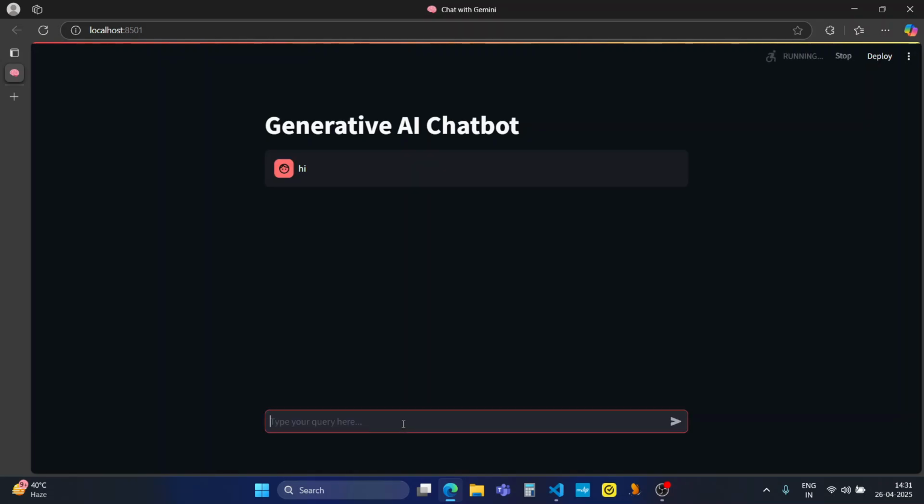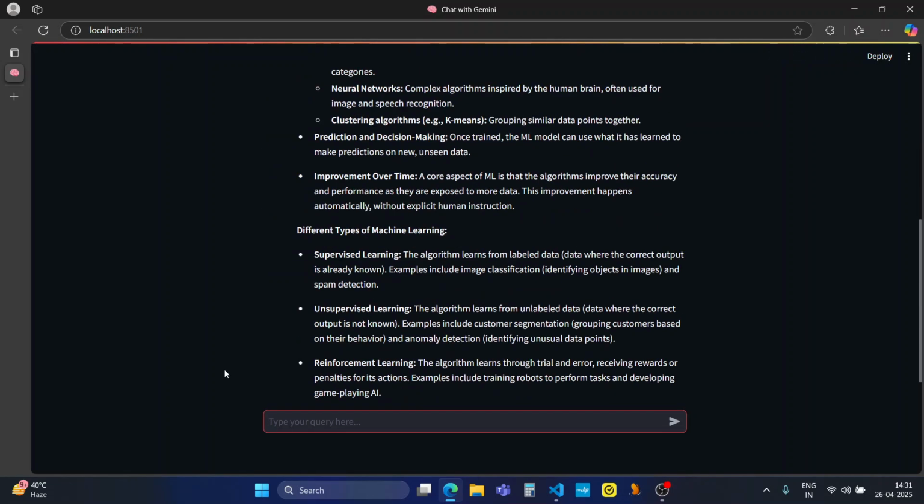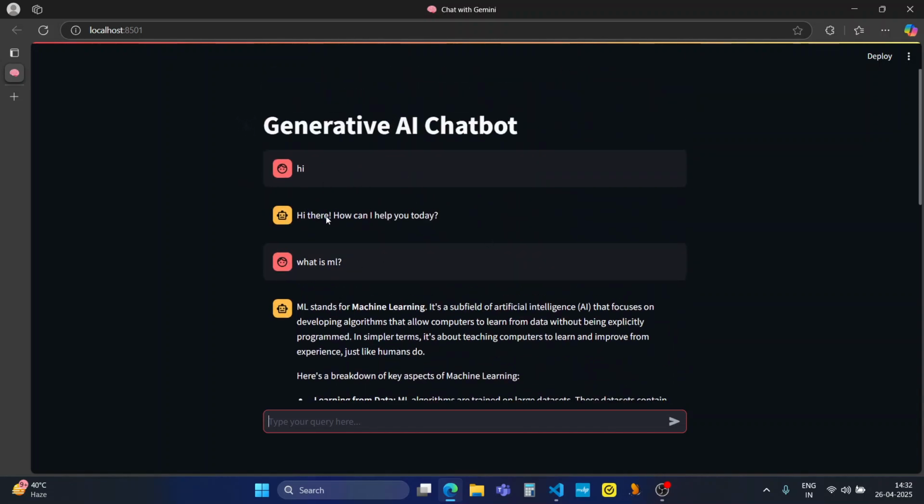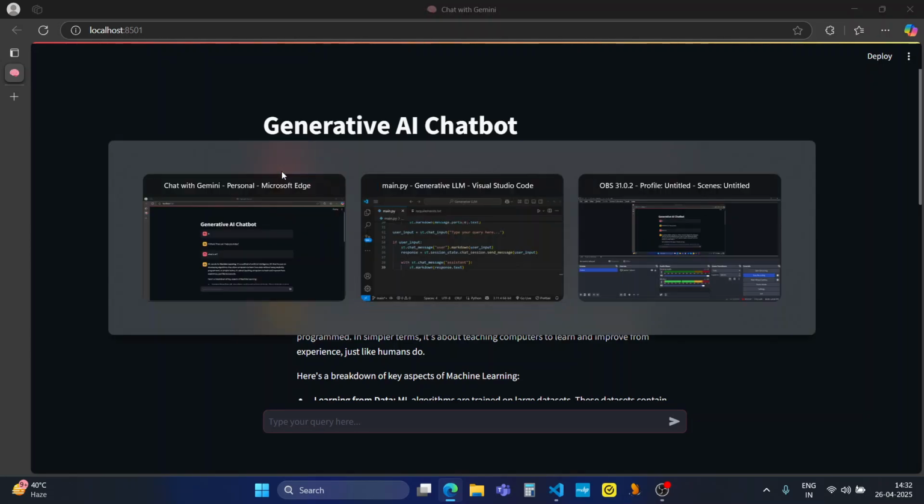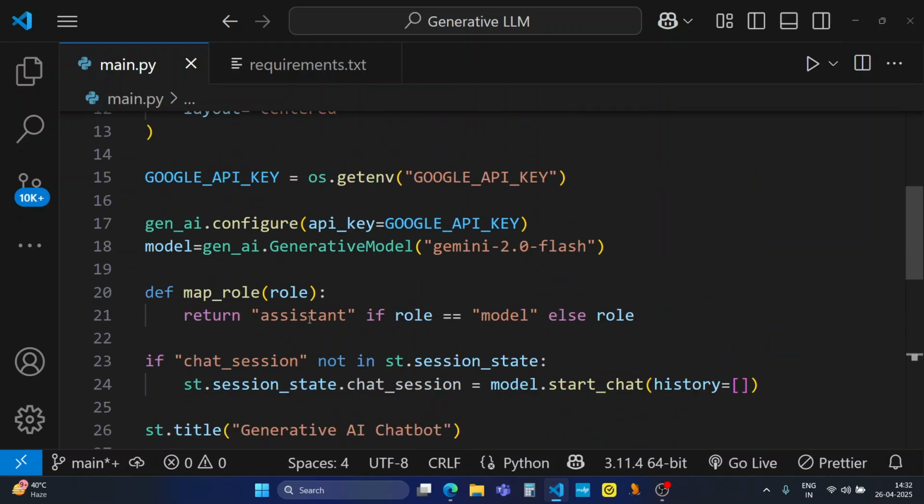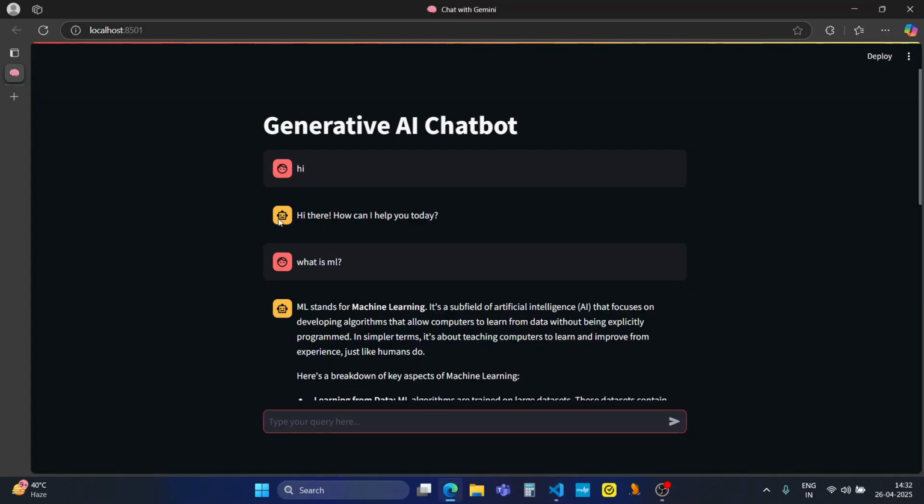Let me just write hi. Hi there. Okay. What is ML? So it's still the answer, what is machine learning. And the sequence is also there. This is the icon which I was telling you. Yeah, it is the assistant icon and it is the model icon. Okay,